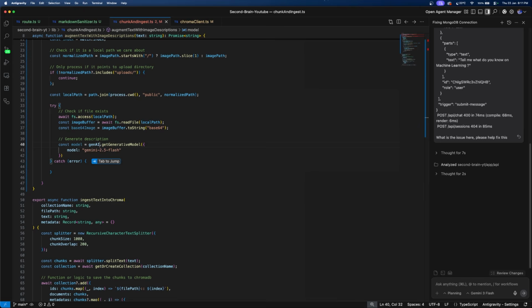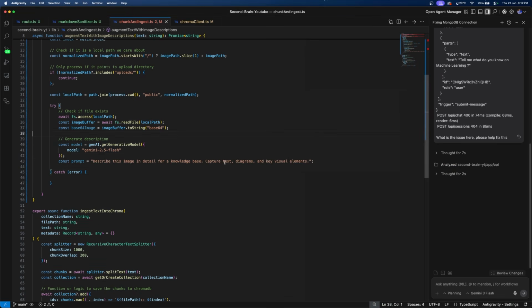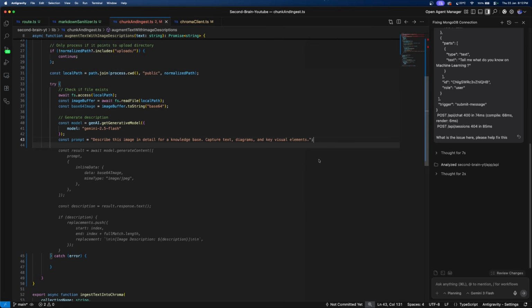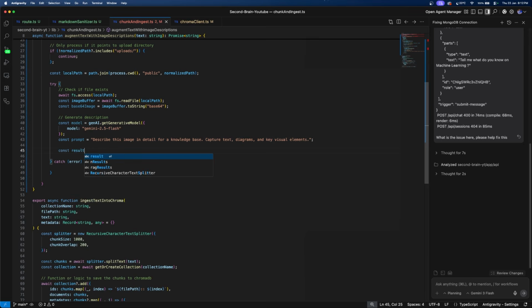So now to create the description, we will obviously be using the Gemini 2.5 Flash model only, and then we will give the prompt: describe this image in detail for a knowledge base, capture text, diagrams, and key visual elements. What we are doing here is taking the image and giving it again to the LLM, saying, describe this image so that it can be stored in the knowledge base. So when the user gives a prompt, this will also be used as text and give us the response. So I'll just say const result equal to await